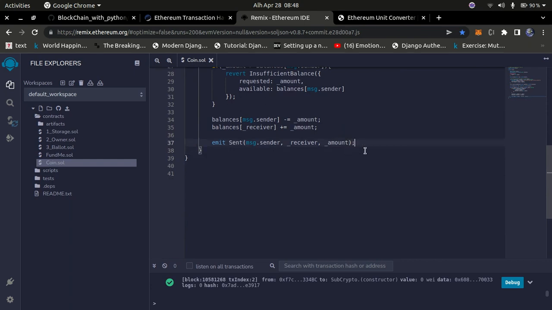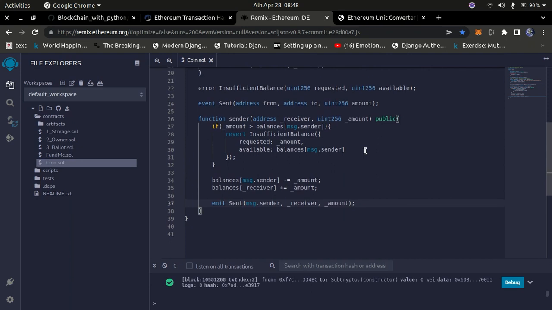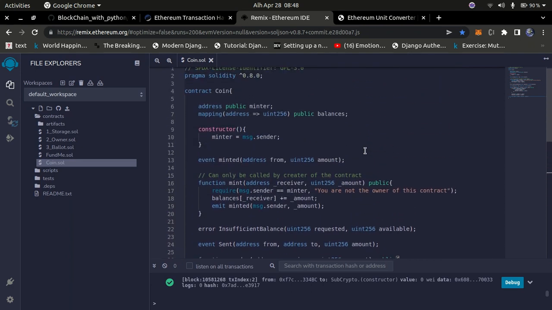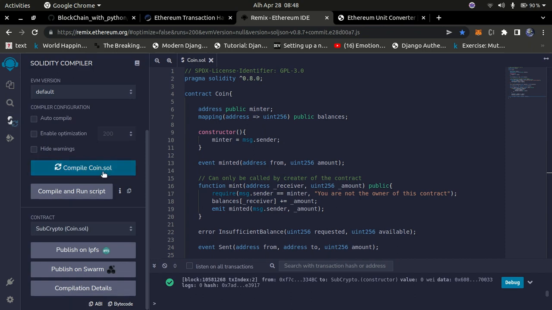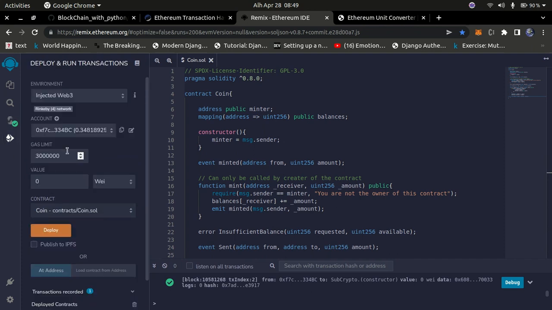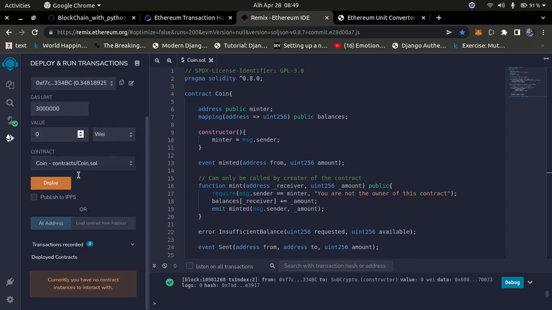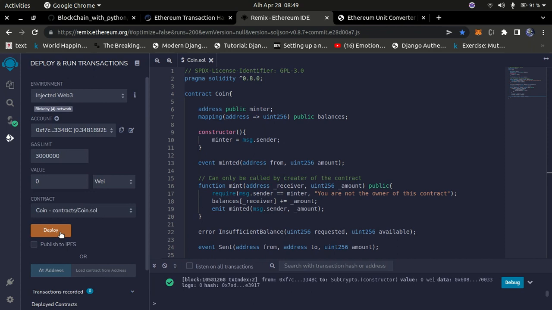cryptocurrency. It's just a very simple cryptocurrency, so it doesn't involve a lot of complex stuff. So it's actually very, very simple. So once we have this, we can go ahead and deploy this on the blockchain. So I'm just going to go into this section right here. So click on this section, and then go ahead and compile this. So compile it. And once it's done compiling, we can go into this section right here. And I was trying something else previously, so I'm just going to delete all of this. Once we have this, I can just click on deploy the contract. So I'm just going to click on deploy, and this is going to deploy that contract for